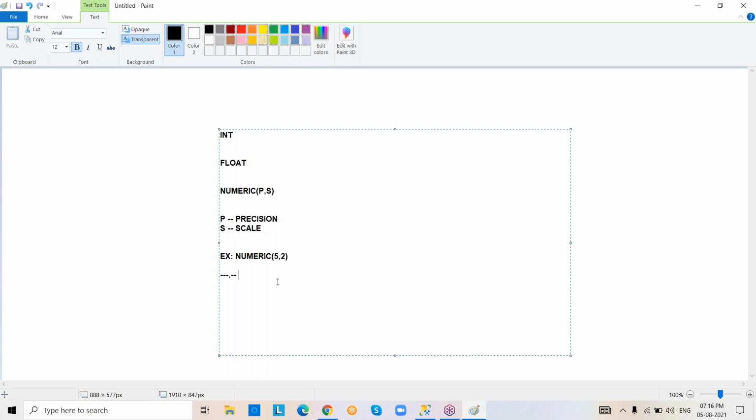So already we have given 2 after decimal. That's why we can go for 3 before decimal. Only this part is called scale, and the whole part is called precision. Is it clear? Precision and scale concept is clear, or any doubts, please? I mean, numeric data type is clear, or any questions, please?